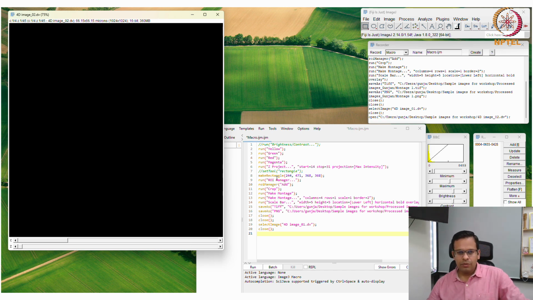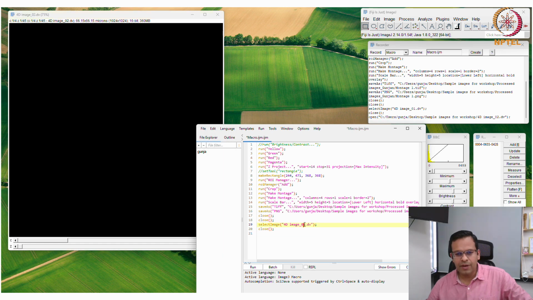So what I need to change here: wherever the file name is mentioned, let's say here, select 4D image 01, this file name I will change to 02, because now the file name is 4D image 02. Then it also saved your previous file as TIFF and PNG named montage 1.